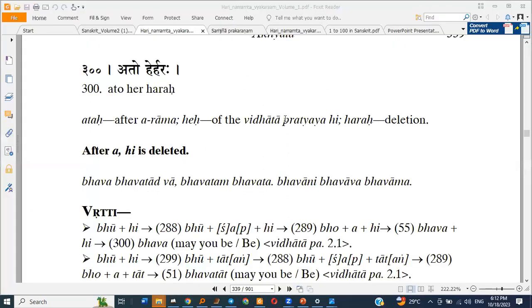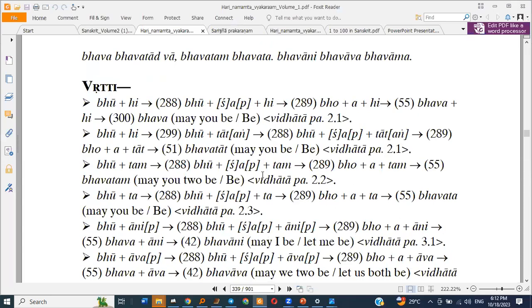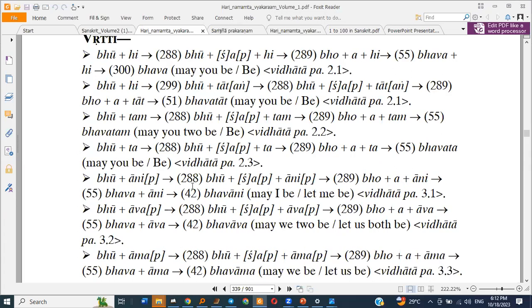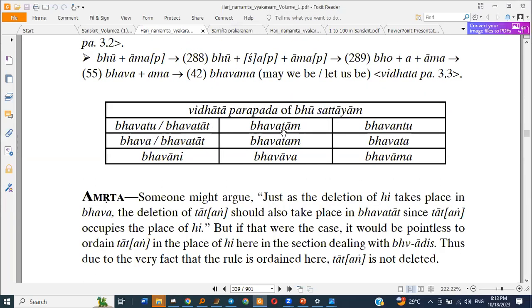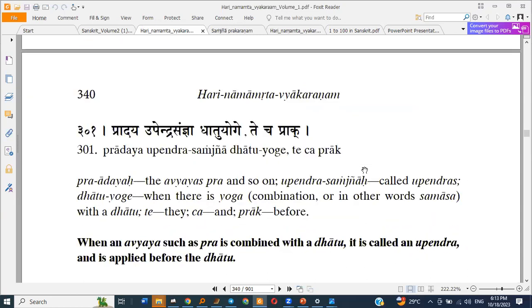Then the forms ahead are like Bhavatam, Bhavata, with Ani, since Shap is there, we get Bhavani, Bhavava, Bhavama. So this is the table: Bhavatu or Bhavatat, Bhavatam, Bhavantu, Bhava, Bhavatat, Bhavatam, Bhavata, Bhavani, Bhavava, Bhavama. Now the Atmapada, okay, before that,